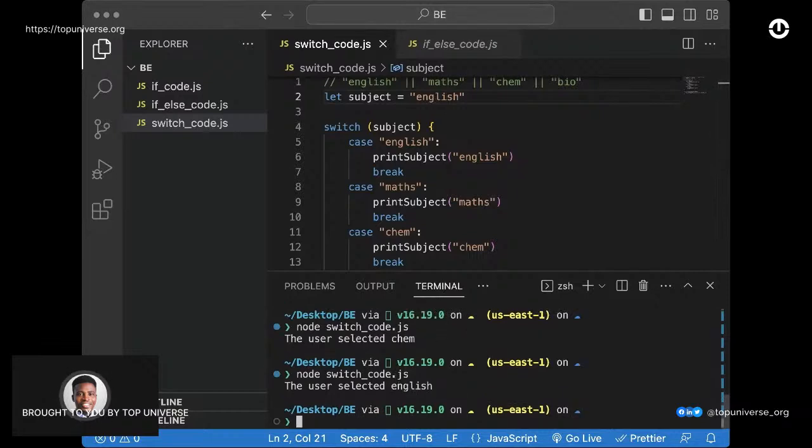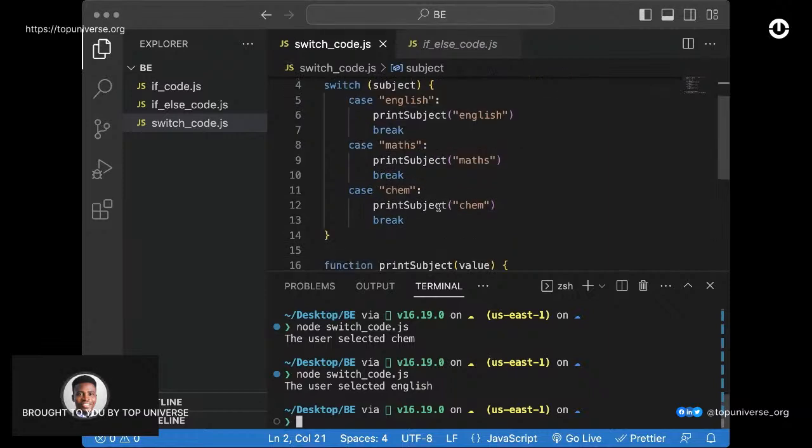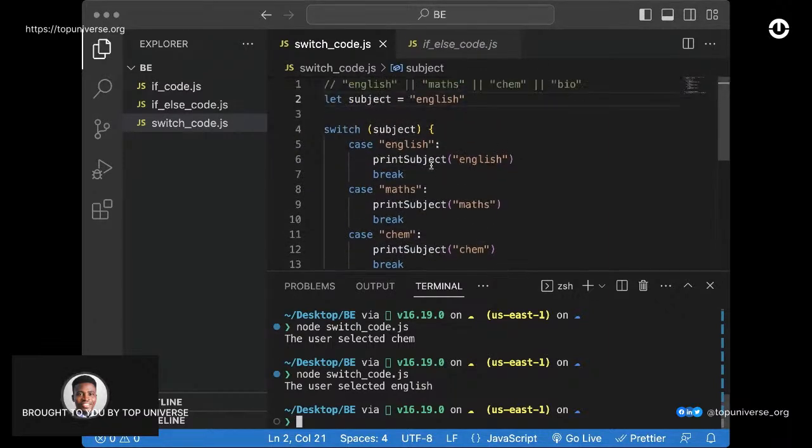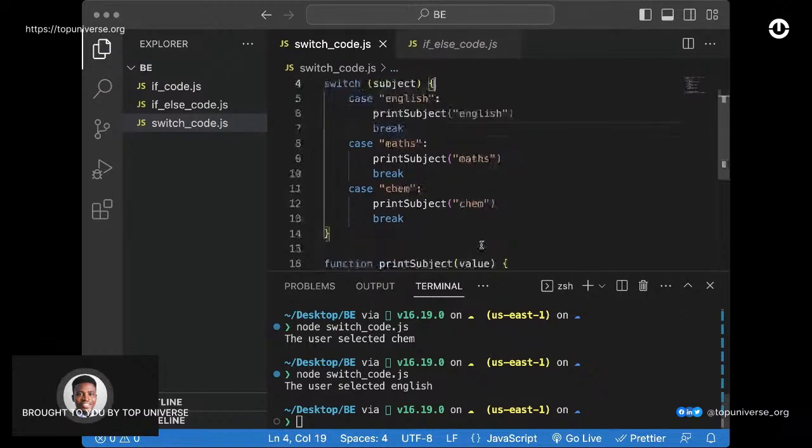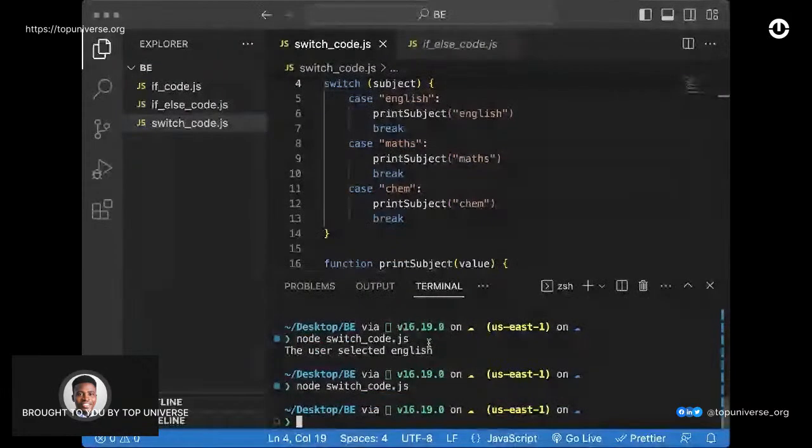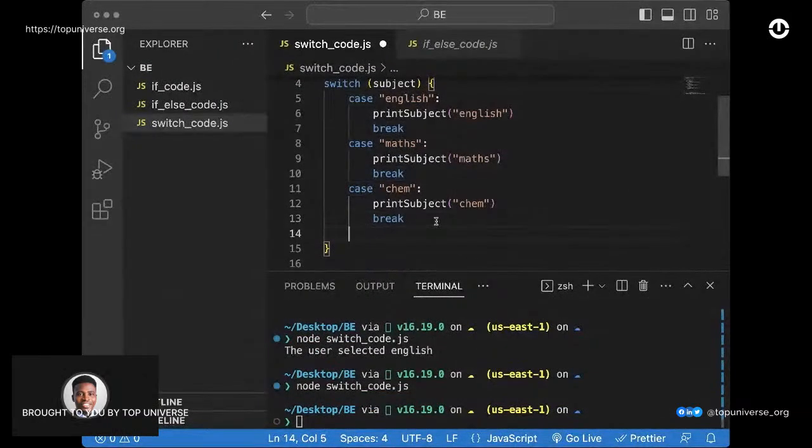Now, it's also a good idea to have a default option. That default option will be called when there's a selection that does not exist within the set of cases that we have. So let's say we put in physics, right? We don't have the physics option there. So physics or bio, okay? We don't have the bio option in there. So if I run this now, you see nothing happens, and you probably want to have a